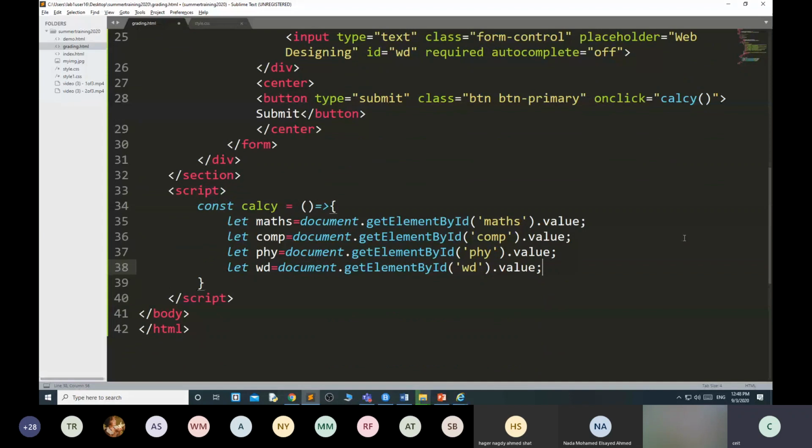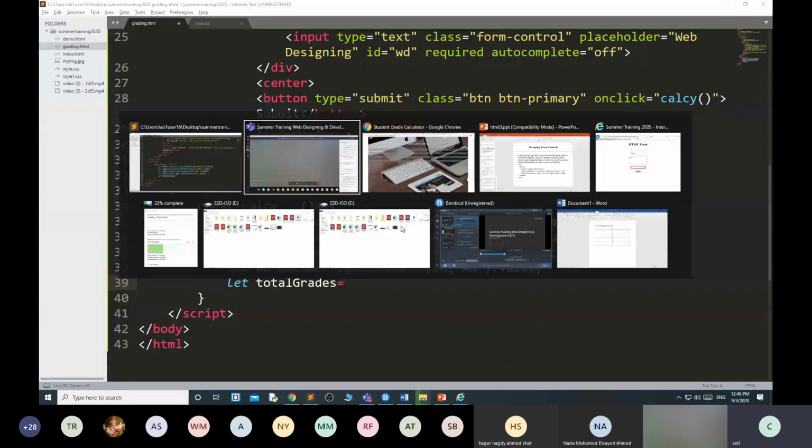Now we got all the values. Then how to calculate the total? Just add all the things and store in one variable. Let total grades equal to. Remember that this value is in text.